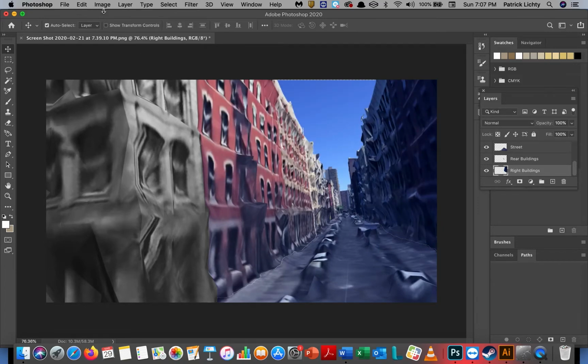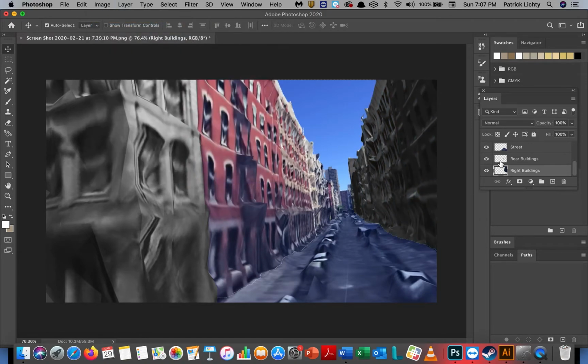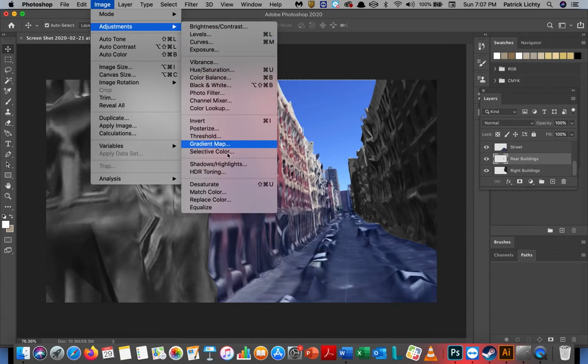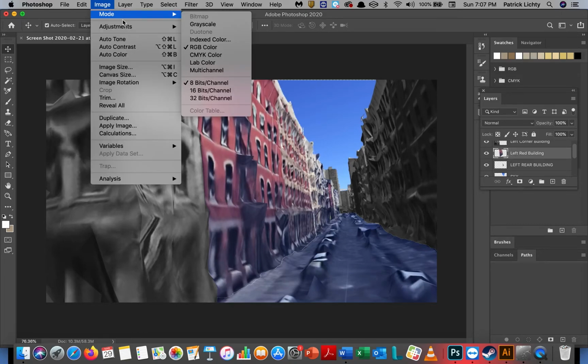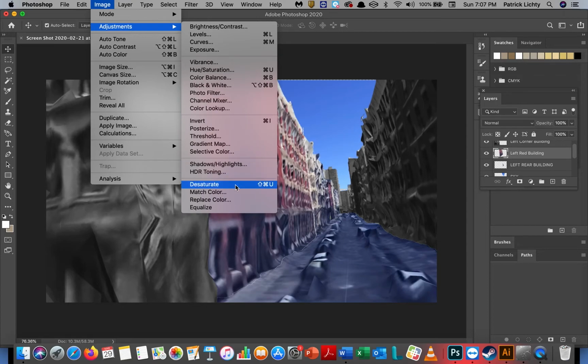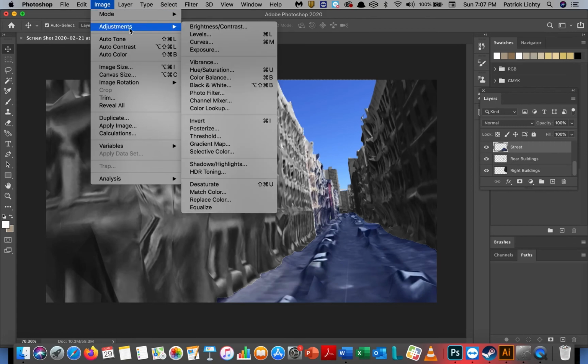And sorry, I selected the wrong thing. Desaturate. See, that's going black and white. That's going black and white. And a lot of this is just going to be playing around with desaturation. And I think probably the most difficult thing about this process